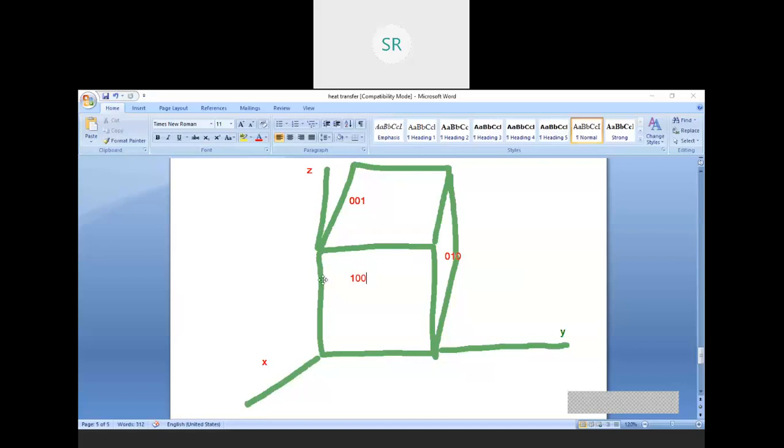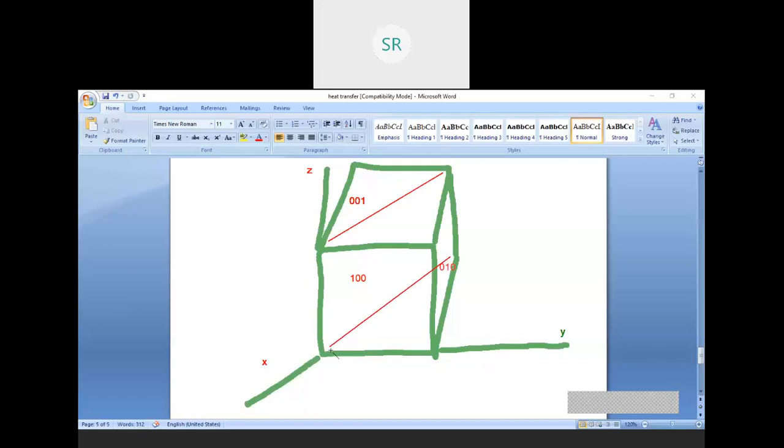So similarly now if I take the diagonal face, this line, and this is the diagonal face.